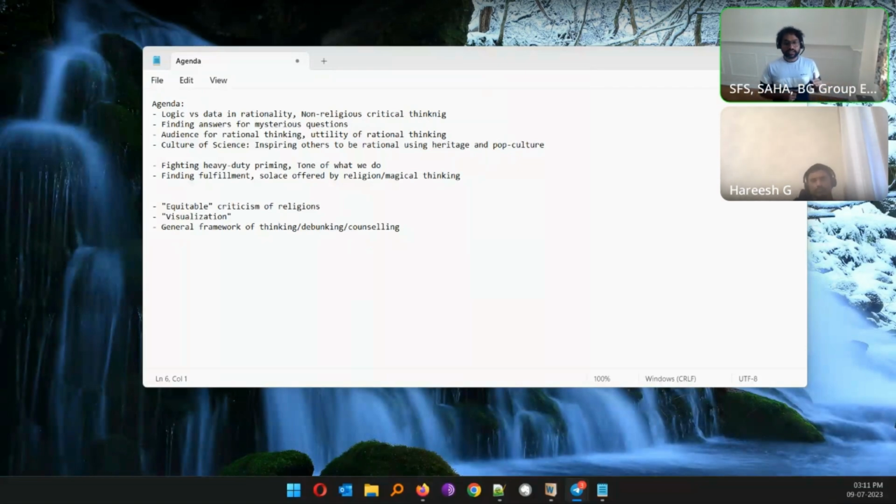Now, the third level of communication is actually talking to a person in order to convince them, in order to make them think otherwise. This is the kind of thinking many of us do in our personal spaces. If we have a friend who believes in all sorts of nonsensical things, like the power of positive thinking, and that's just a lightweight thing. But if they believe some ridiculous claims made by people like Jaggi Vasudev, if they're into that cult.